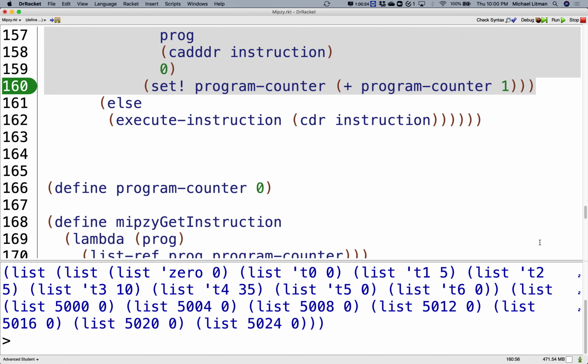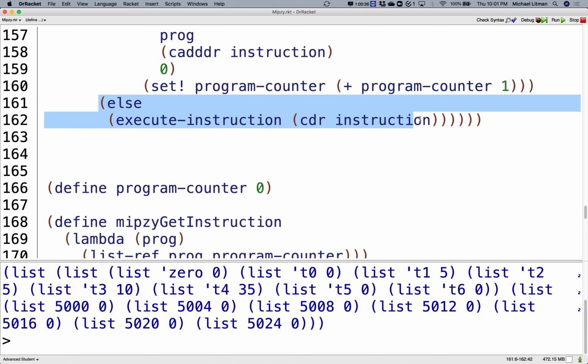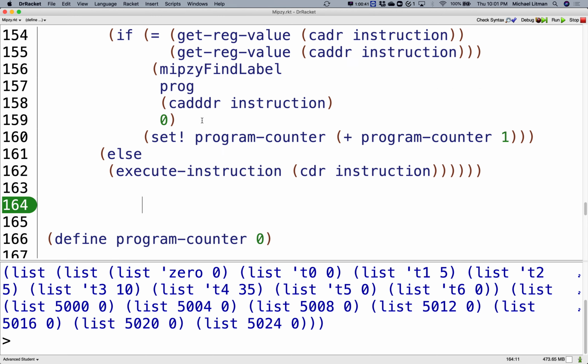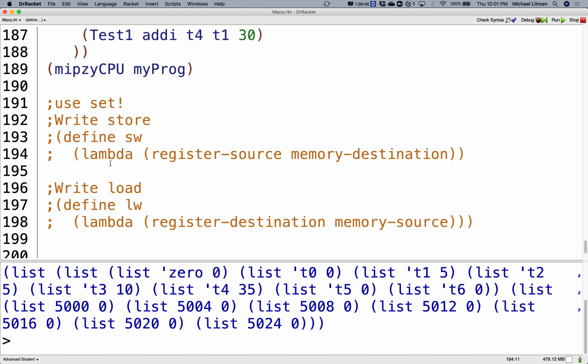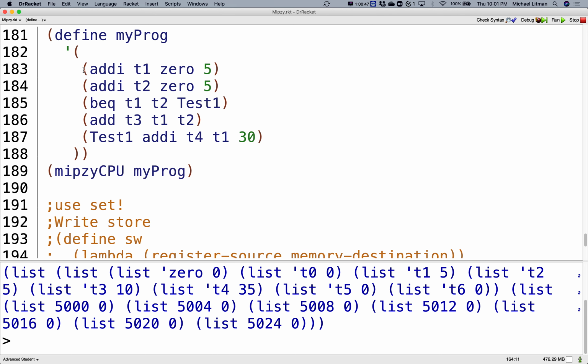Does the CPU really do that? I think it will actually break. I think it'll be fine. It is a label not found. That's this thing right here. So our code as of right now should do what? 5, 5. Are they equal to each other? Yes, they are. It should skip past this and only set this to